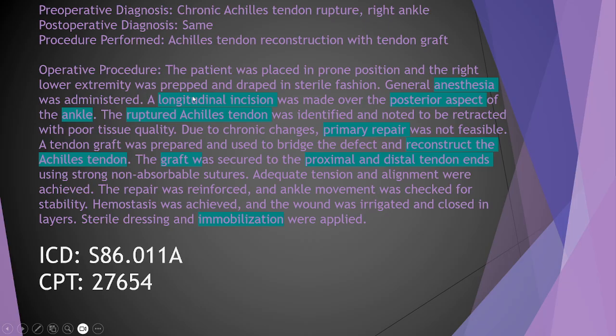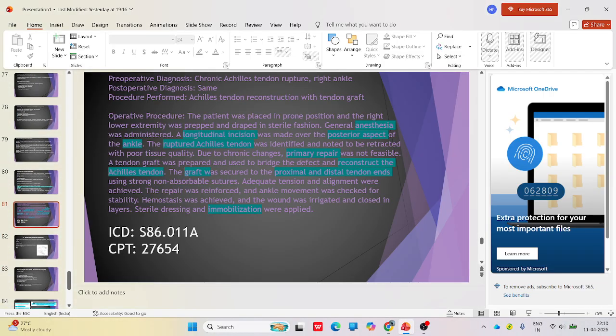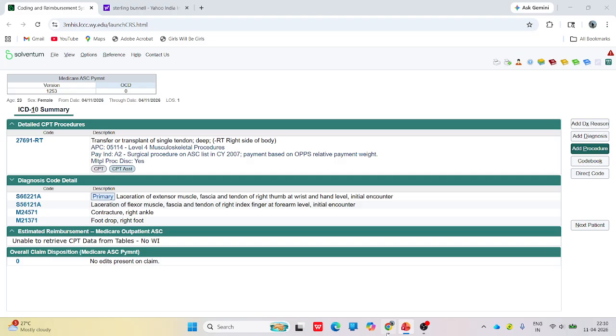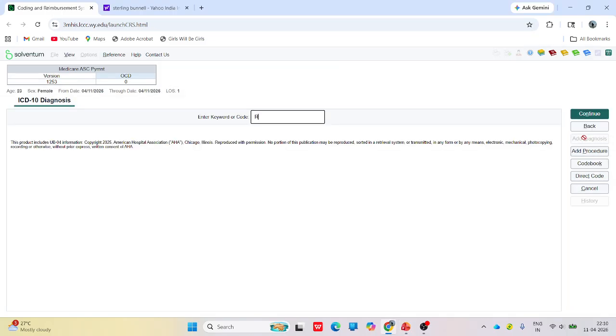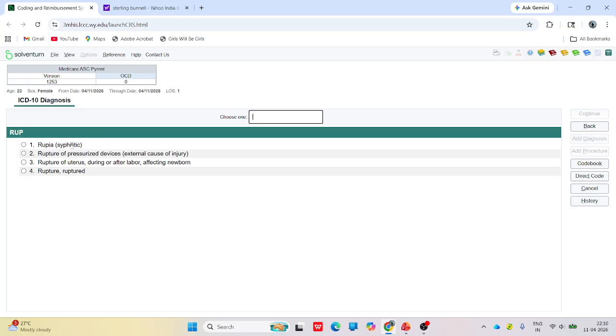So here an incision was made, rupture of the Achilles tendon, primary repair not feasible, and the Achilles tendon was reconstructed with a graft to the proximal and distal tendon ends, and sutures were applied. So you'll see the navigation. In the navigation we will look for the chronic Achilles tendon rupture. So we'll navigate rupture,